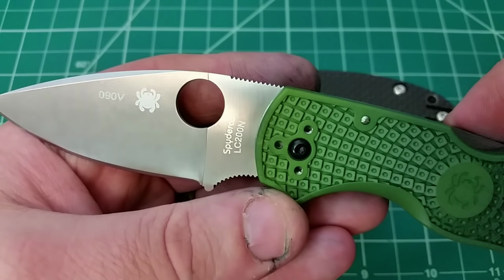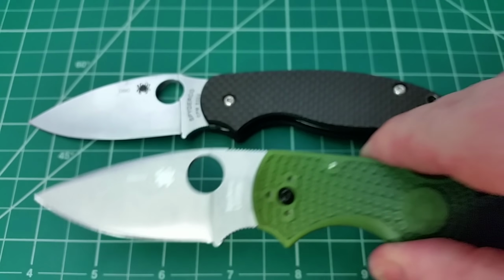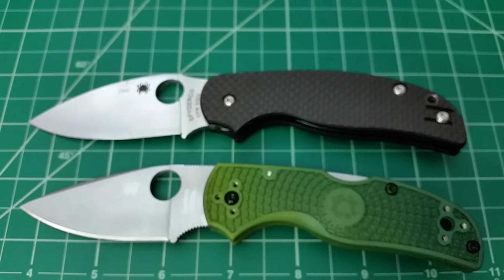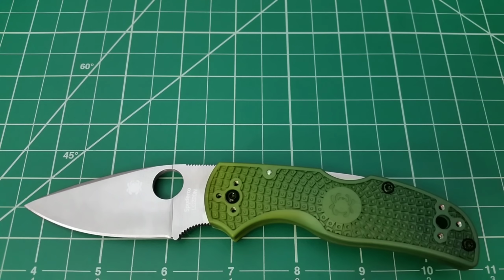So I don't really know what you call that, but it just has a very different look to the blade than the other Spyderco satin finishes do. So definitely wanted to bring that to your attention. But getting back to the crux of the issue, if you'd even call it that, I really like the Native